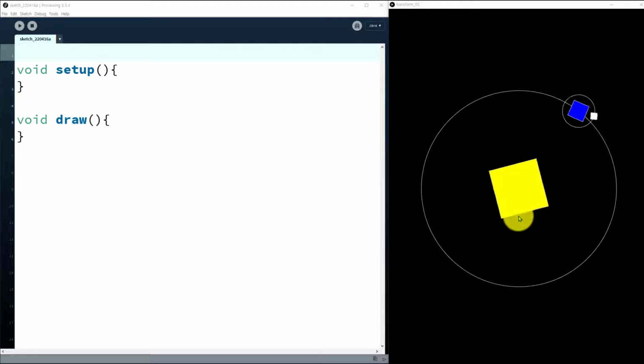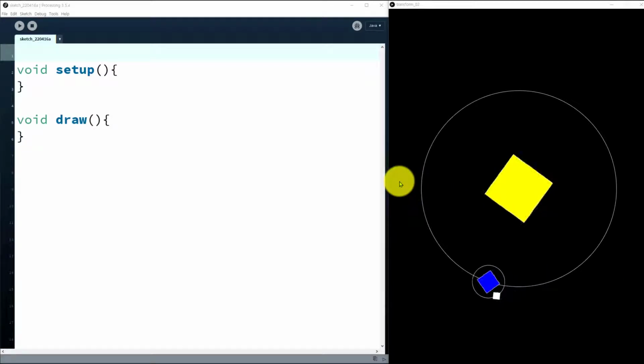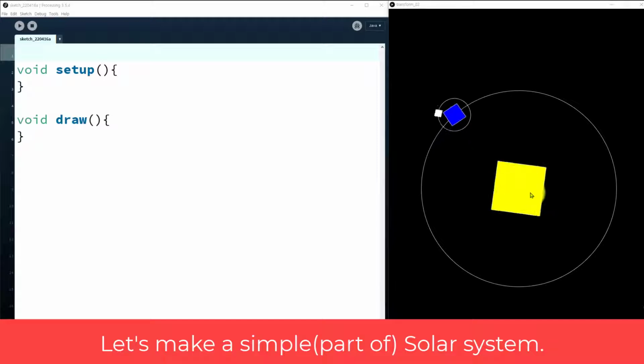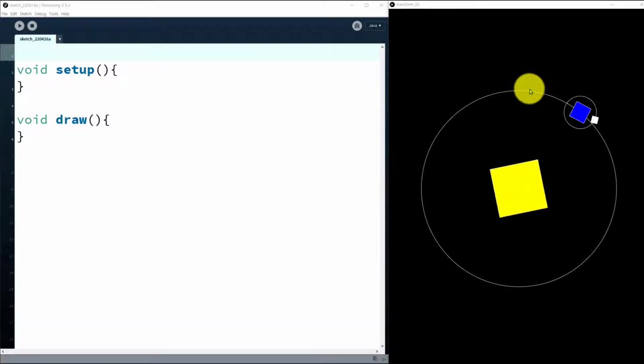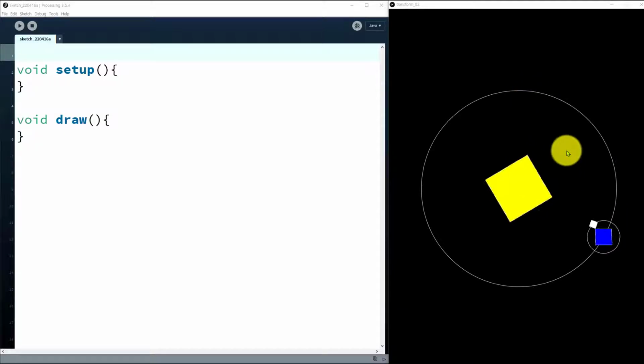Hi there. In the last video, we learned how to rotate and translate something in the Processing language. So in this video, let's make a part of the solar system using rotation and translation. In this picture, the yellow one is the sun, the blue one is the Earth, and the white one is the moon. Actually, those should be spheres, so in 2D they would have to be circles. But to show that they are rotating, that they are spinning, I made all of them using